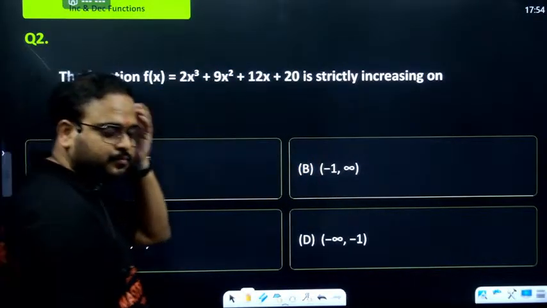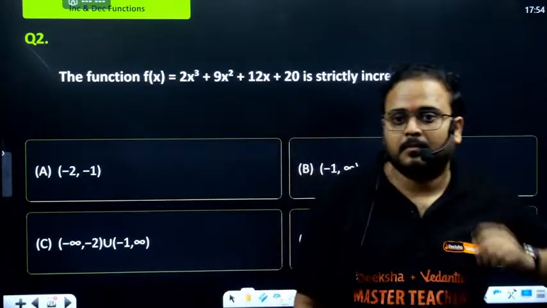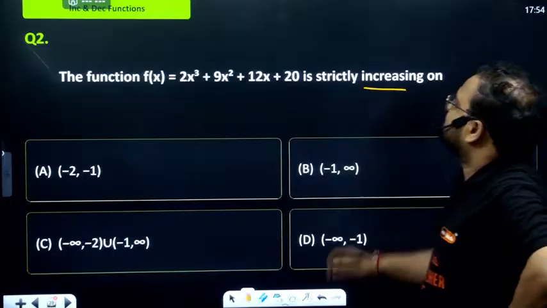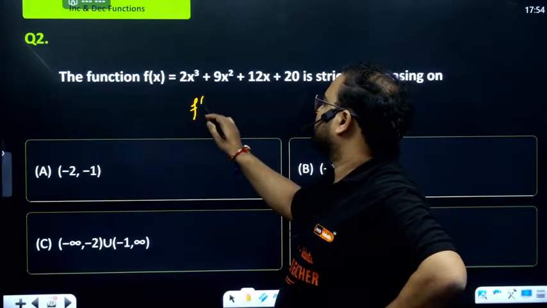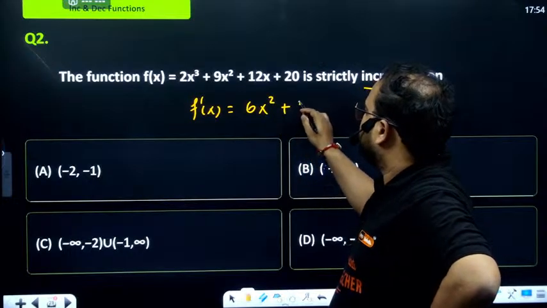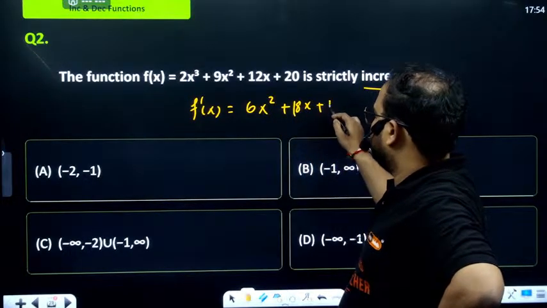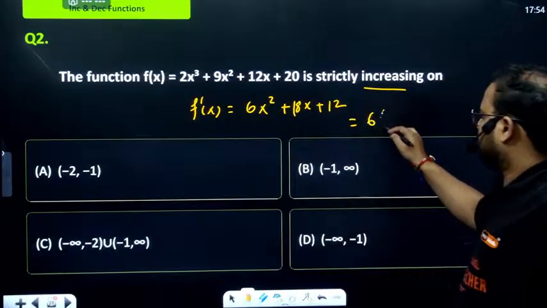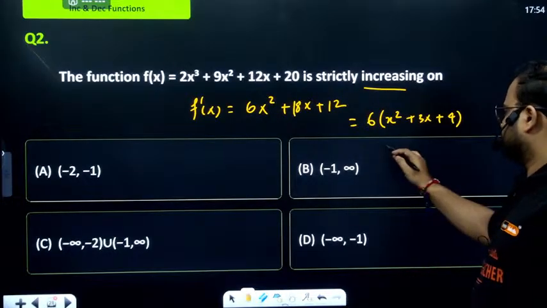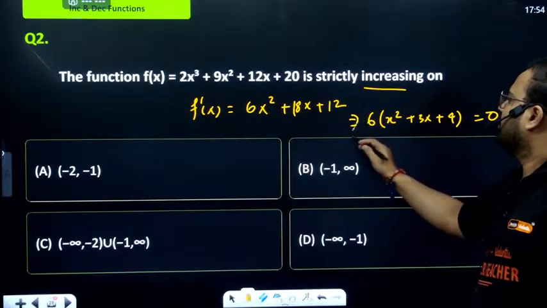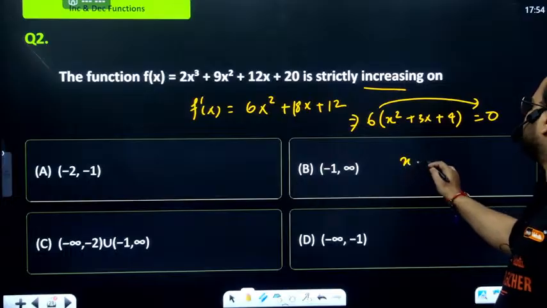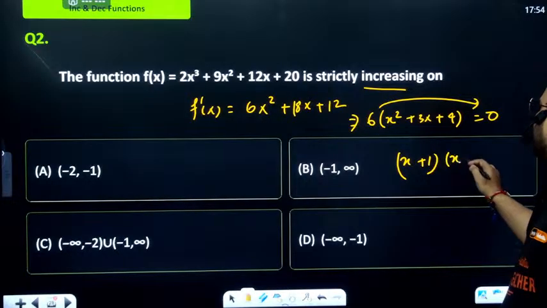Next, question number 2. Function f(x) is given. Again, we are looking for, this time, strictly increasing. Find the derivative. We'll have 6x square minus 18x plus 12. Take 6 common, x square minus 3x plus 2 equal to 0. So x minus 1 and x plus,